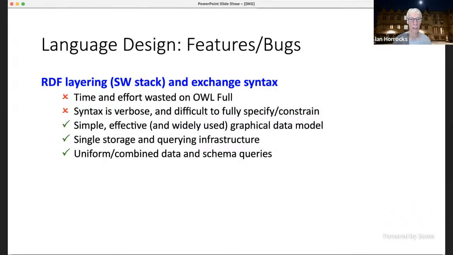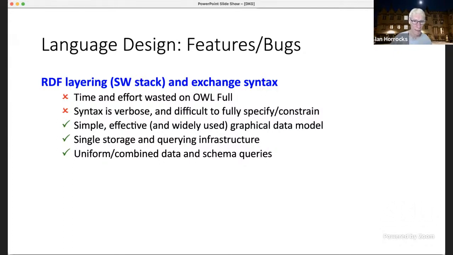The canonical example for that was an RDF triple of the form rdf:type rdf:type rdf:type. So rdf:type is subject, predicate, and object of that triple. What on earth does that even mean? It obviously doesn't really make much sense, but this OWL Full language had to give a semantics to that. And there was a huge amount of effort spent on trying to do that, which to my mind was really a waste of time. Nobody actually uses OWL Full.